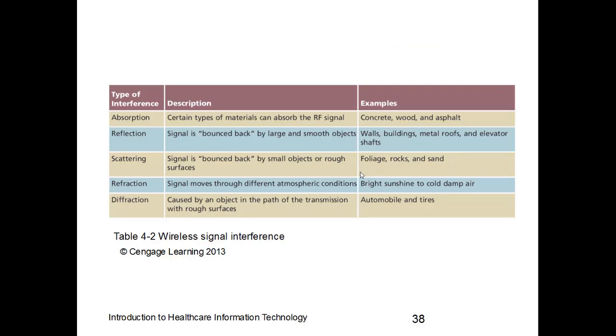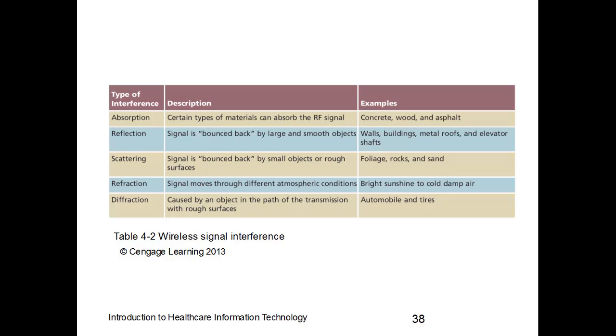In this table we have some examples of wireless signal interference, such as absorption. Materials like concrete or wood or asphalt can absorb the radio frequency signal. Reflection: the signal is bounced back by large or smooth objects, such as elevator shafts or walls or metal roofs. Scattering: the signal is bounced back by small objects or very rough surfaces, like rocks or foliage or